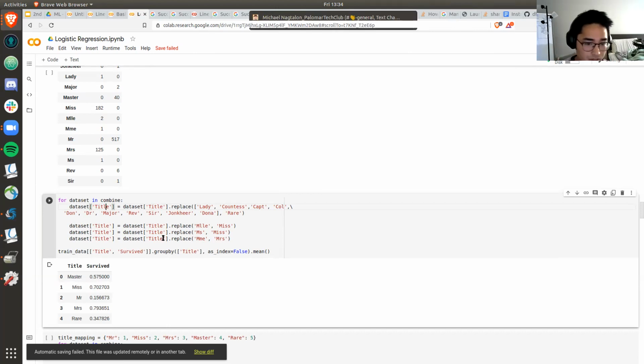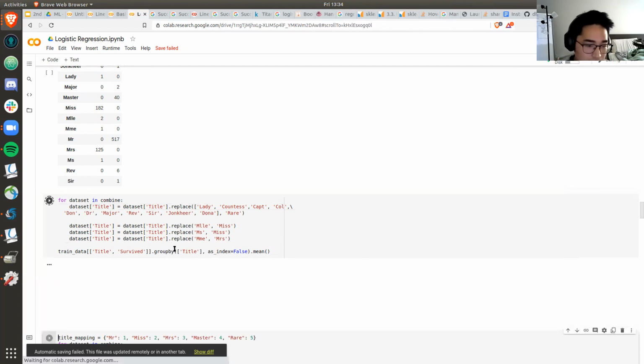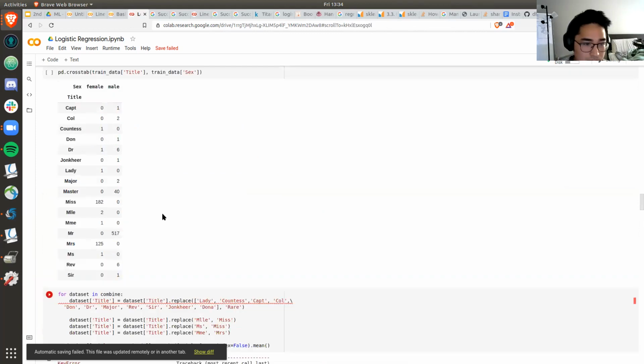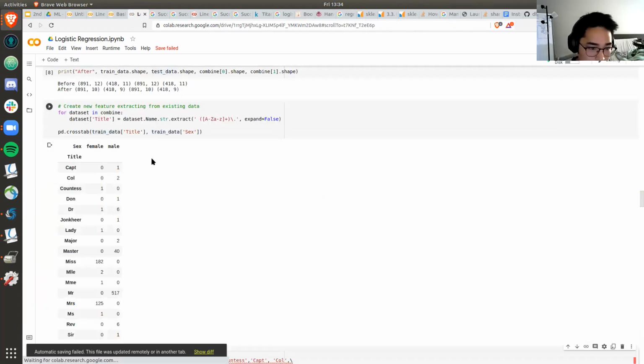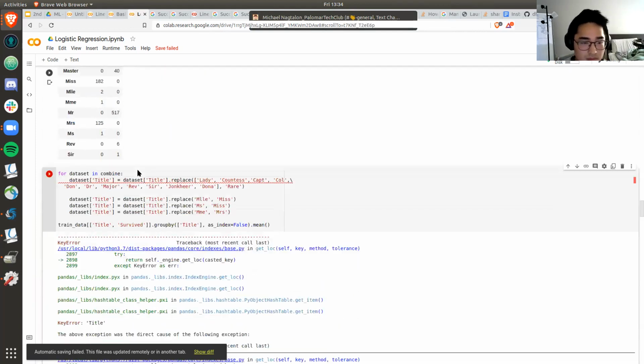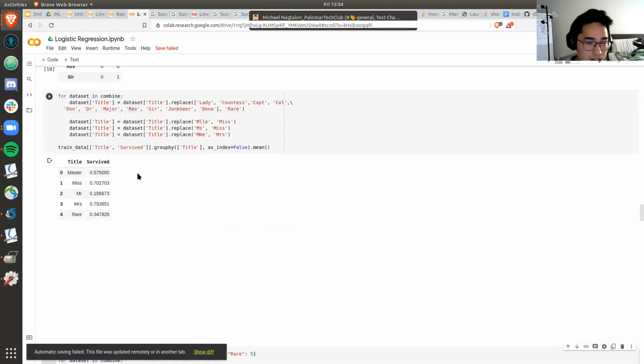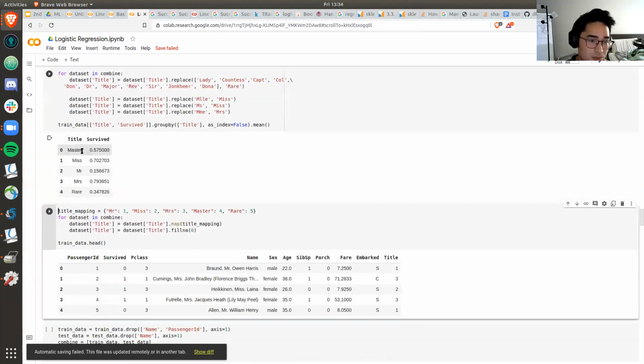And for the rest that are important to us, we could replace Mlle with Miss, Ms with Miss, and Mme with Mrs. And this is our data by title. You can see that the people who are named Master, 50% of them survived. For those who are rare, about 34% of them survived, and so on.